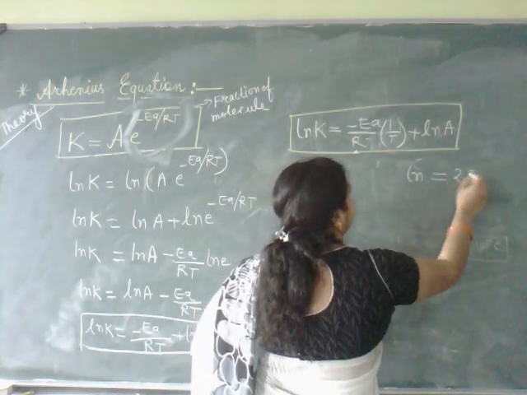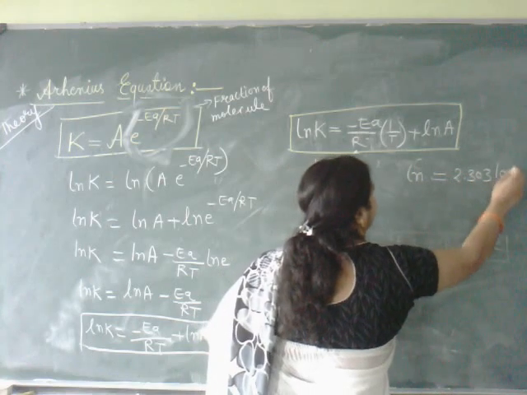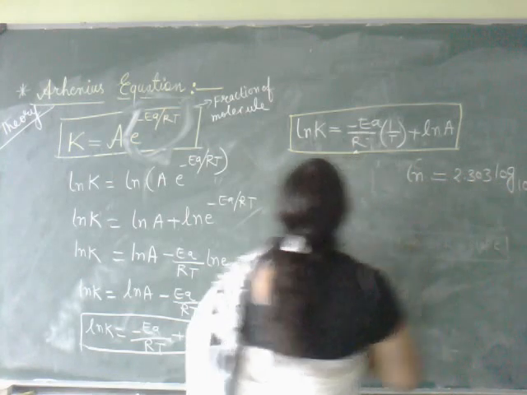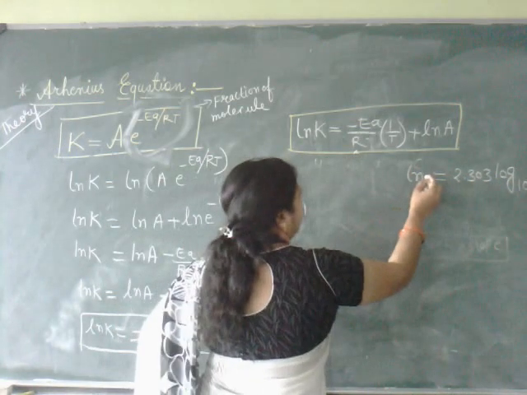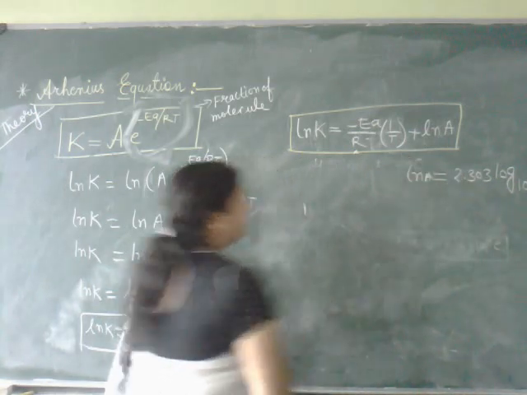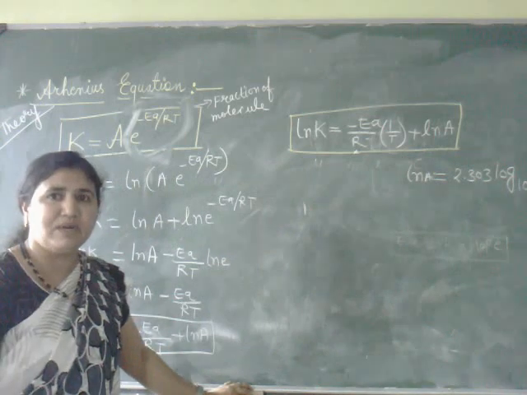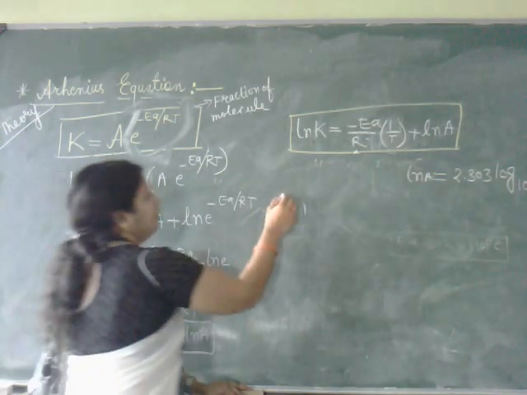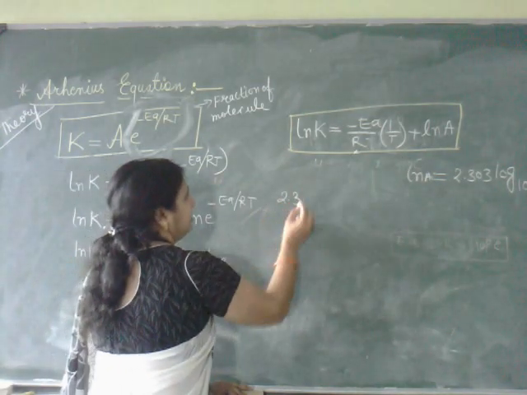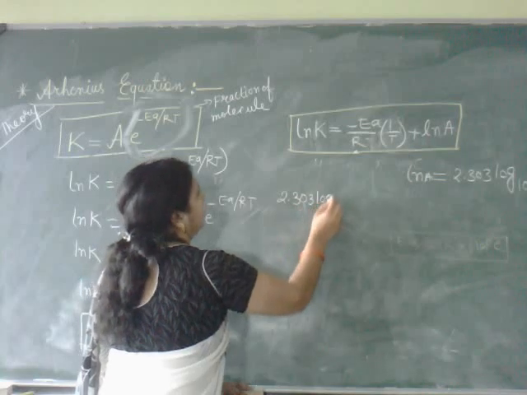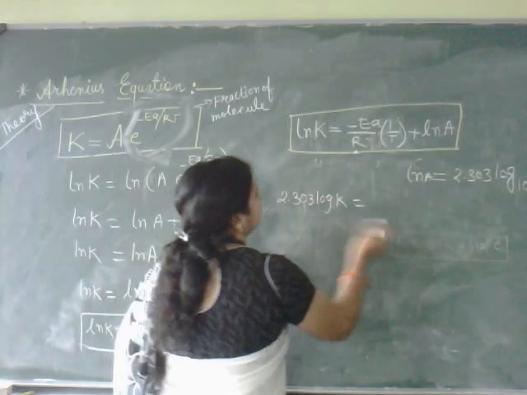If you want to convert any ln value, ln A or whatever it is, we just have to multiply with 2.303 log 10. So here we multiply with 2.303 log K is equal to